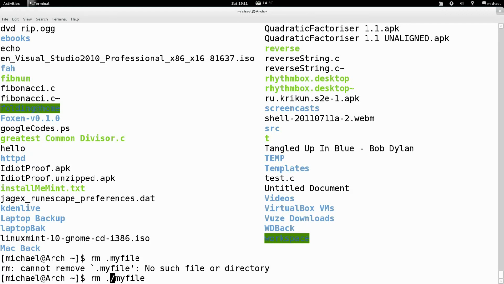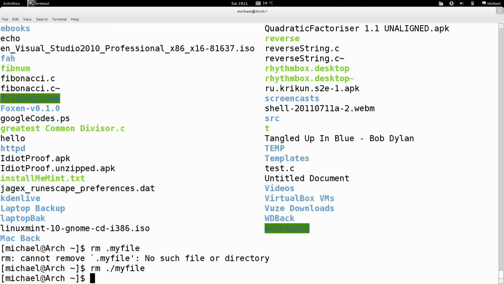Actually, you don't need this, but for some commands, you do. And it's deleted my file. Alternatively, you could leave it out. It's equivalent, same thing. Why I showed you this dot slash is because some commands